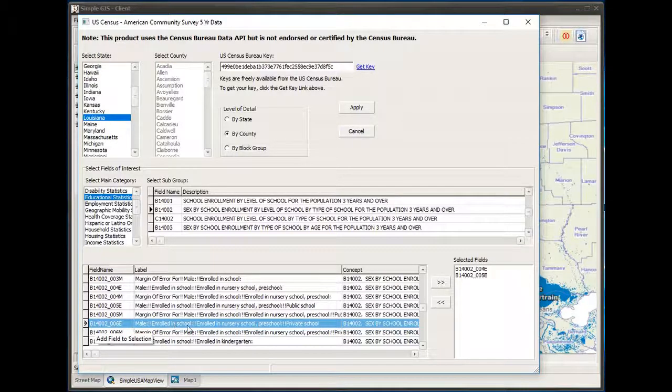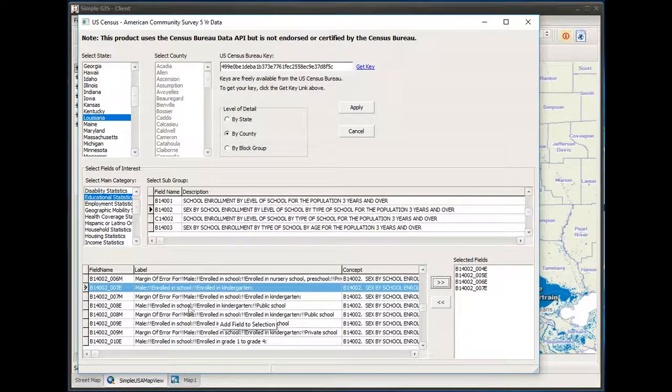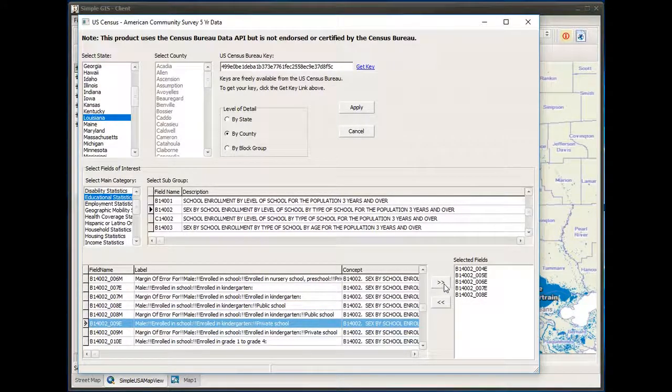And I just keep going down the list. The next field I see that I need is males enrolled in private school, nursery school. So I'll select that as well. I keep working my way down the list, and now I see the next category is kindergarten enrollment, kindergarten public school, kindergarten private school,